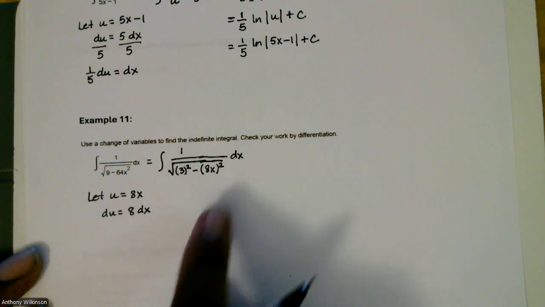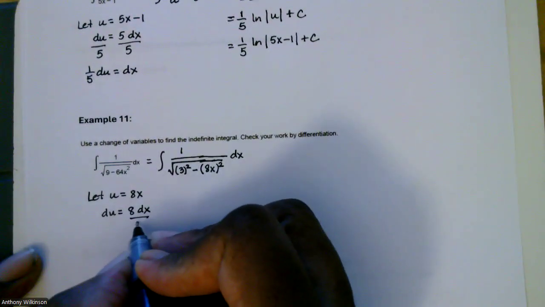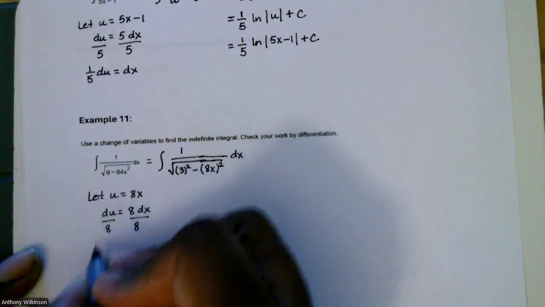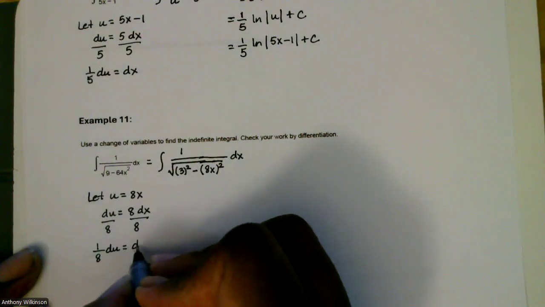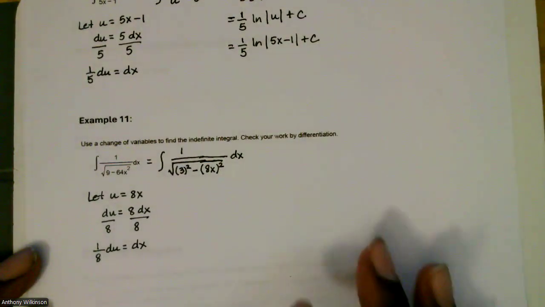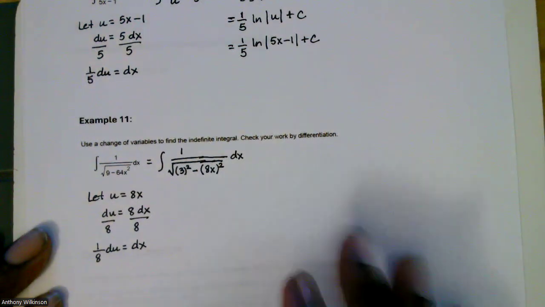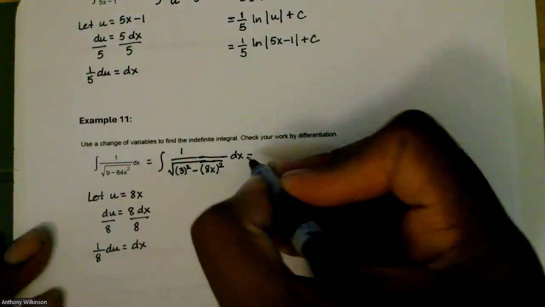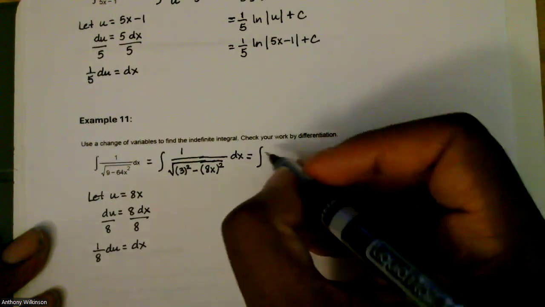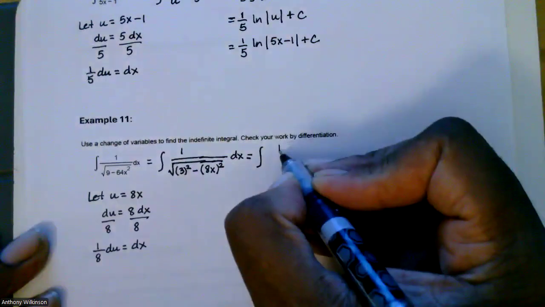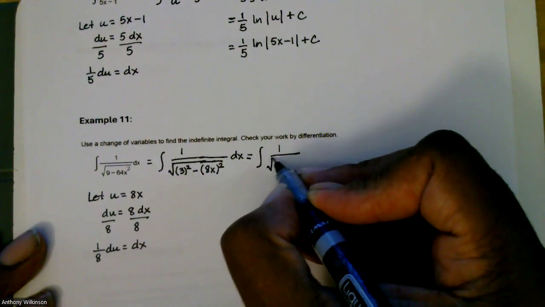And I do need to put that dx here as well. Notice I got 1 dx or just dx here. I need to get dx by itself by dividing both sides by 8. So I have 1/8 du is equal to dx. Now I can do my substitution here in this case. So here I'm going to have the integral of 1 over the square root of